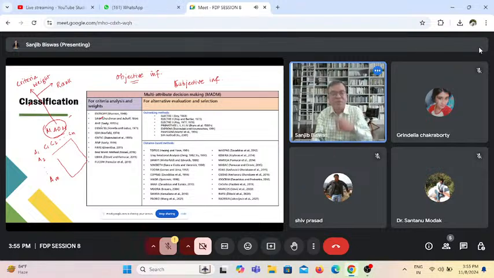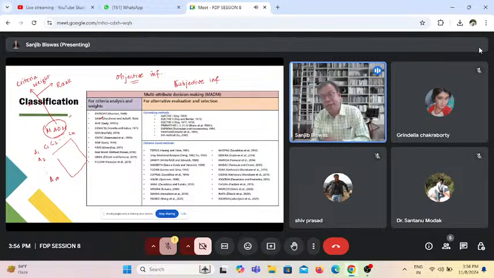Based on that, there are several methods available for criteria weight. In fact, the domain of MCDM is just like an ocean where several methods are available. Popular methods like AHP, the analytical hierarchy process, DEMATEL, and CRITIC differ in aspects like how the decision matrix is constructed, what type of normalization is used, and how I calculate the appraisal scores. Those are a few features that separate the different methods.